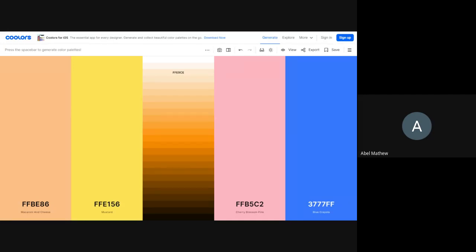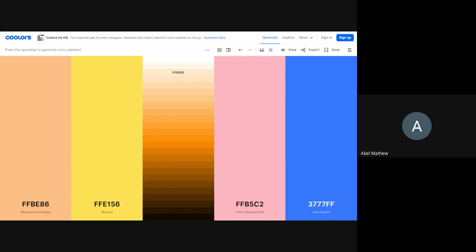The same goes for the second channel, that is green, that is BE, and the third, that is blue. You can see that the last color is bluish by just looking at it. And the code has the maximum value for blue, the third channel, which is FF. FF is maximum and it starts at 0.